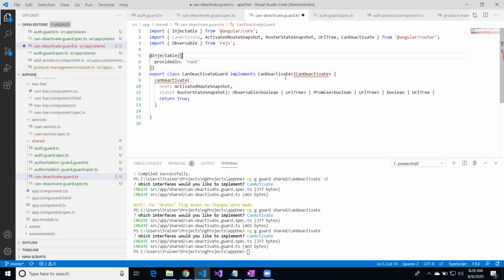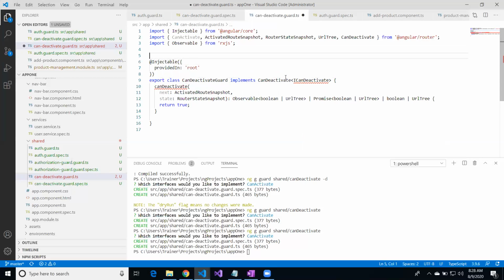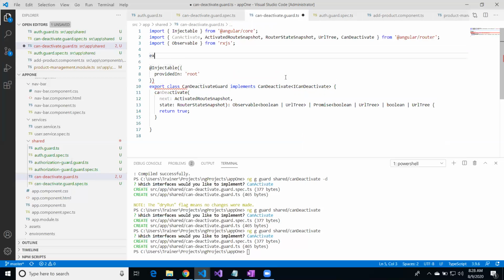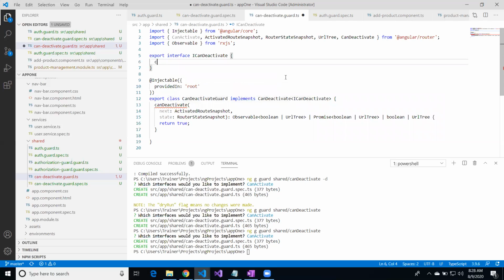Let me define that interface somewhere over here. Just like models, we want to export this interface. So export interface ICanDeactivate, and it will have a method called